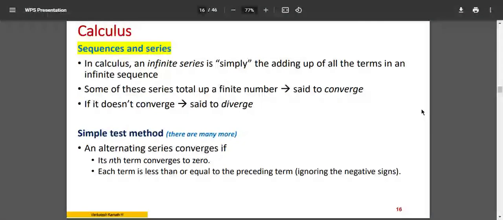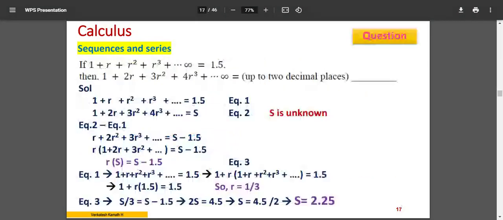And we have also discussed the series, specifically the series related to summation, that is, what is the sum of that, or whether it converges or diverges. Based on that, you can expect one or two questions. One question usually will be there on convergence and divergence. I had given you an example in the previous session. I had told you the strategy.